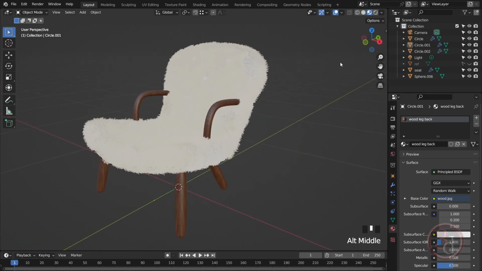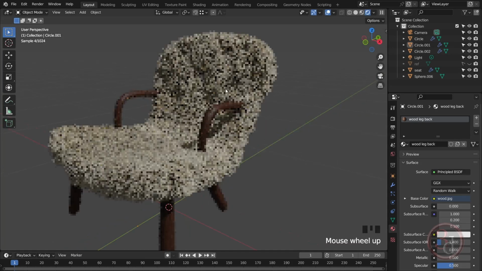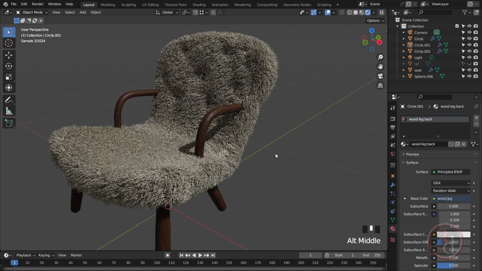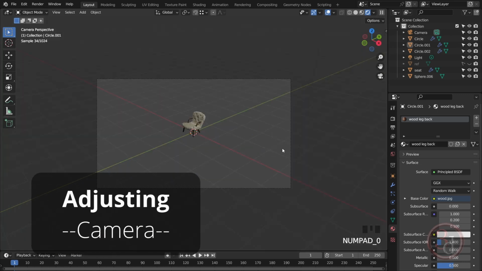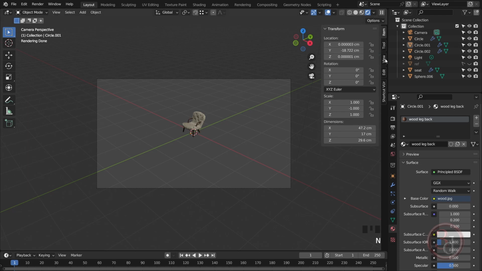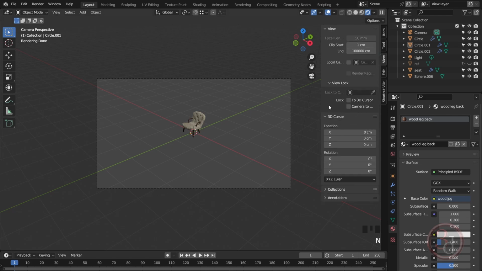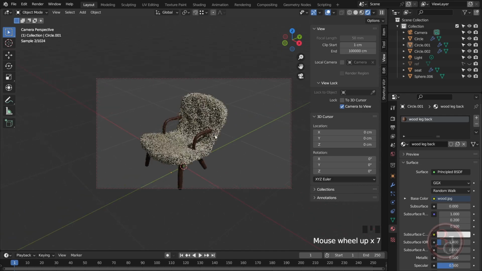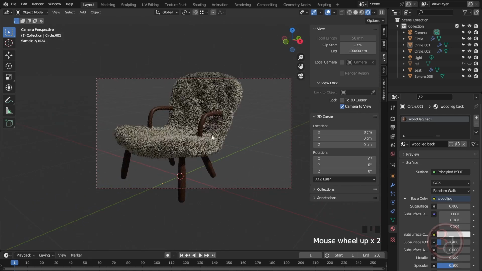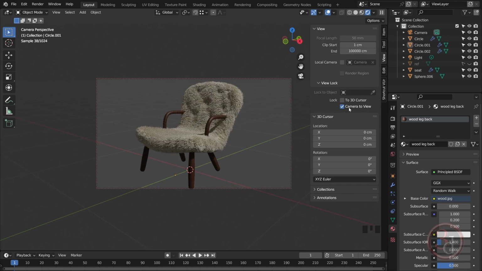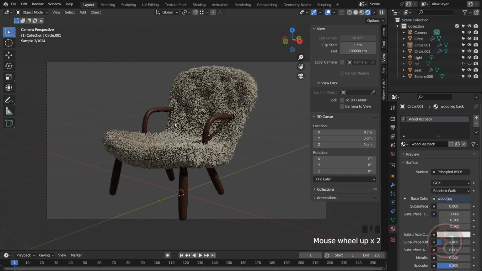and I'll turn on the render preview. I'll switch to the camera view, press 0 and adjust the camera. So press N on the keyboard and click on view and expand this. Check this to lock the camera to the view, and now I can position it the way I want it to be. Just about here. Okay, and I'll uncheck this and just zoom in,